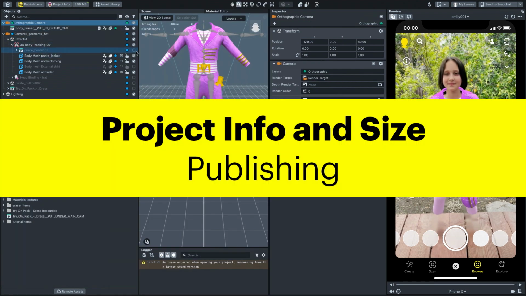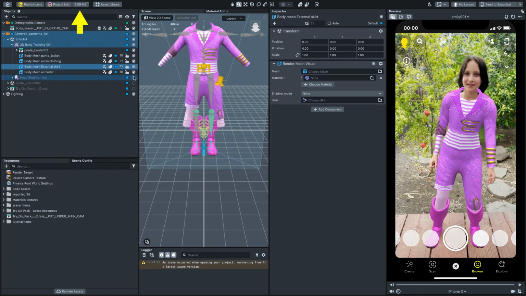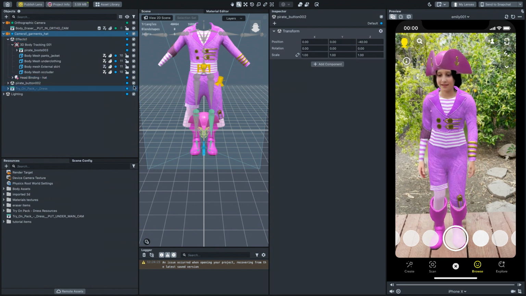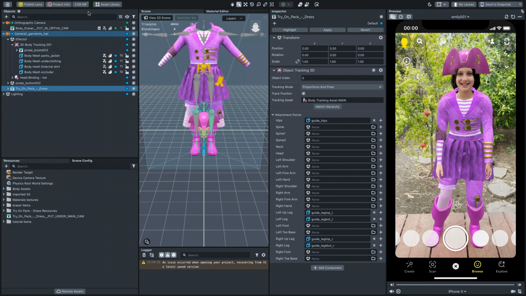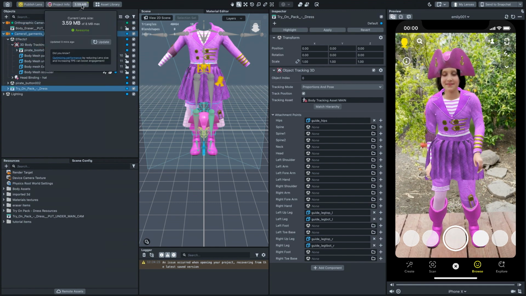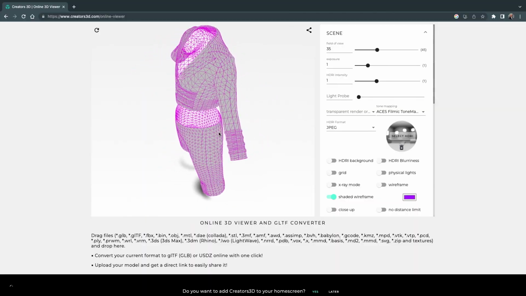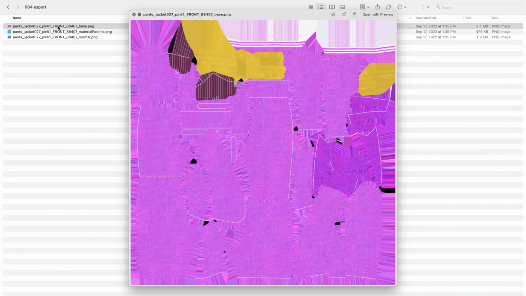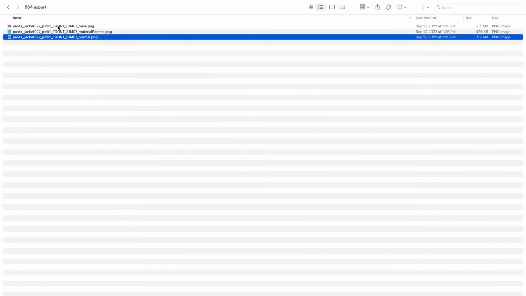Project information and size. Before publishing the lens, it is important to look at the project size and provide the right project info. Although I added many different objects to the scene, you can see that the overall lens size is well within the recommended range. I kept it small by 1. Keeping the meshes with low polygon count, and 2. Reducing the texture resolution to 512 by 512 and compressing the images.